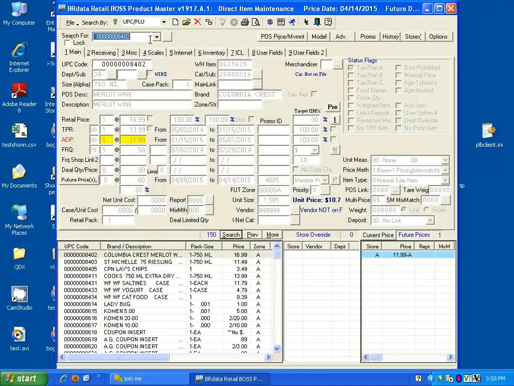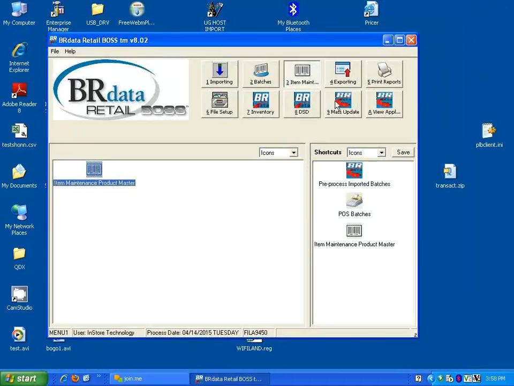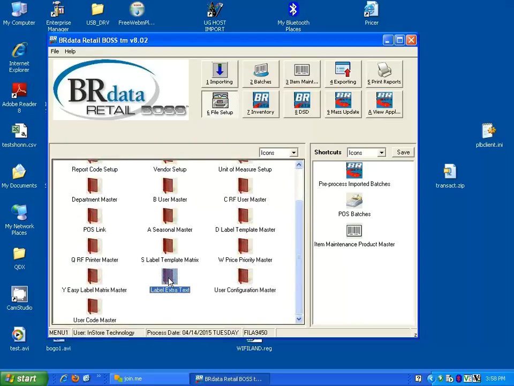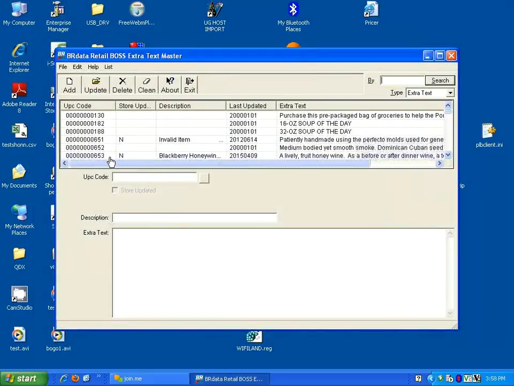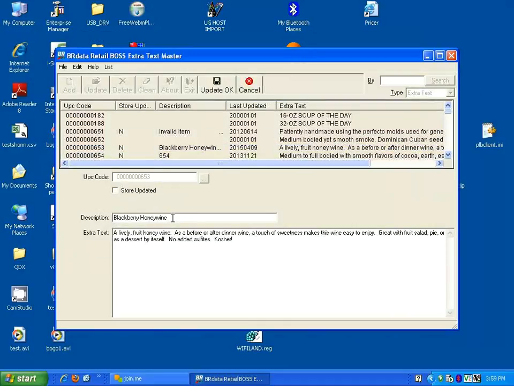I'm going to get into some features of BR Data. There is a function in BR Data under File Setup Maintenance, whether you're using this menu or the other menu, and it's called Label Extra Text. What that does is lets you click on Add to add extra text, and that lets you add a whole paragraph of information about a specific item. So in this case, it's wine, and it gives a detailed description of it. So when you go to print a label, you can print a nice detailed description of the wine,